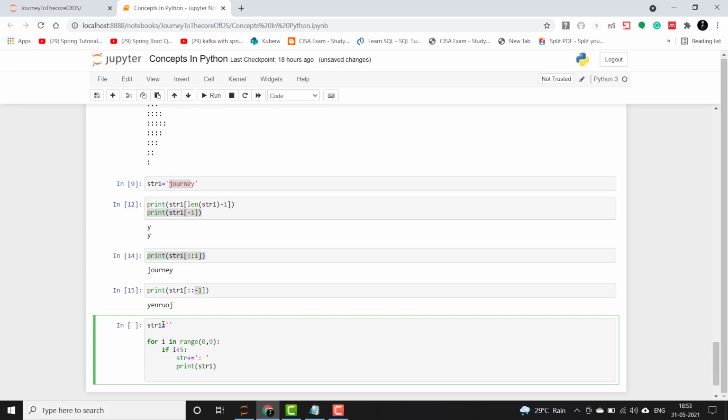And elif i is greater than 4, that is starting from 5, str1 equals str1 colon -2. Print str1.